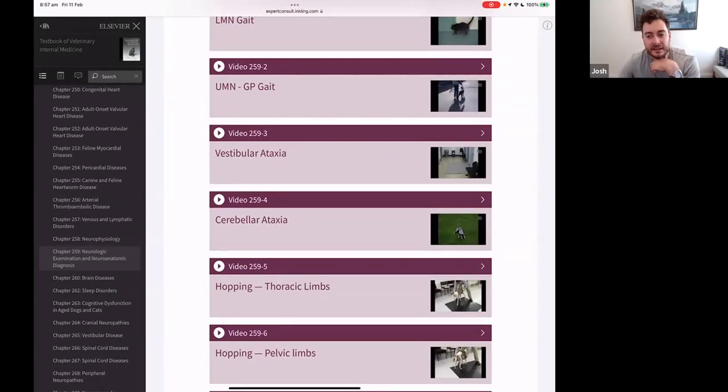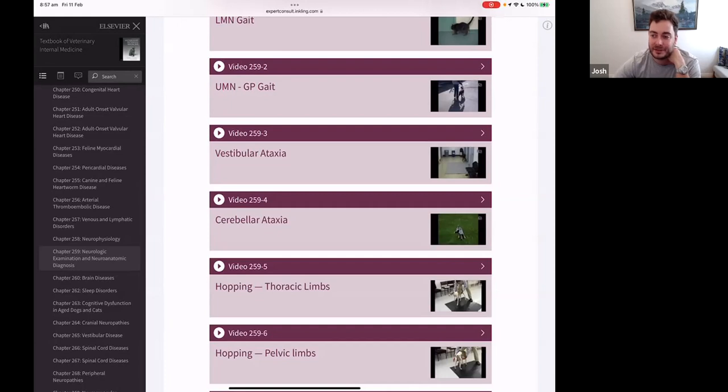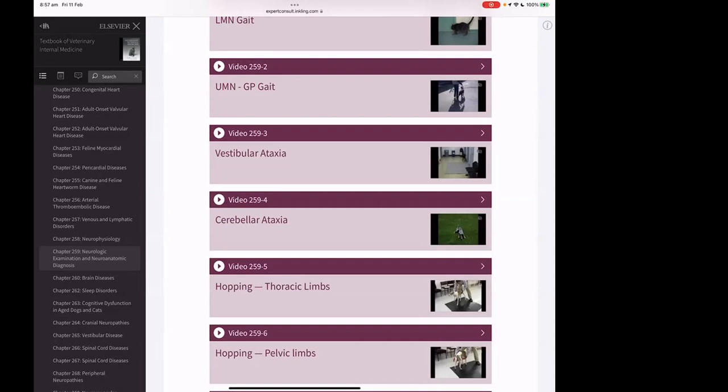Balance is affected. Exactly. And I guess the big part of the system is to try and combat gravity, so that can be kind of turned upside down. They're often falling to one side or trying to stop falling to one side. Yeah, absolutely. And what might you see with